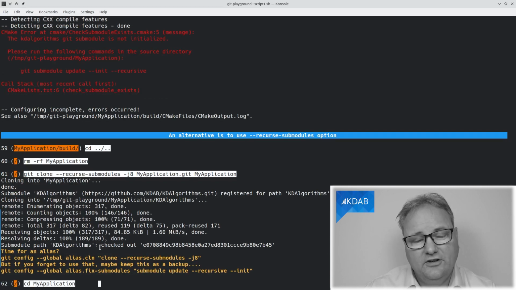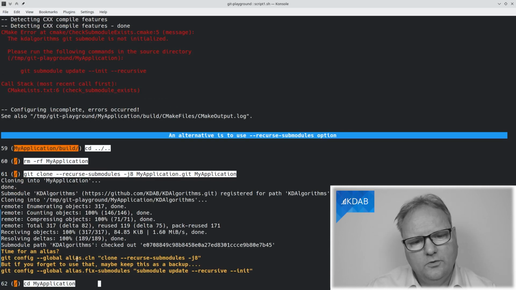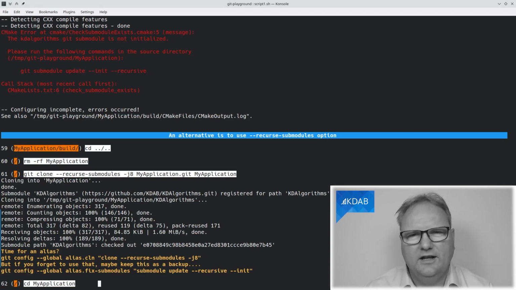And as it says here, time for an alias. Well, here's one alias, git config --global alias.cln, that gives me an alias called git cln that does the clone --recurse-submodules -j8. But trust me, I've had that alias for a couple of months now, and I always forget to run git cln.